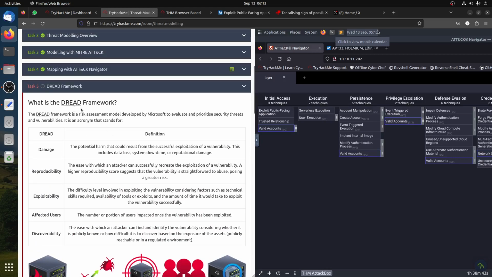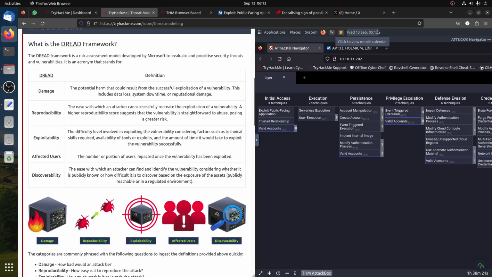So DREAD is a risk assessment framework model developed by Microsoft to evaluate and prioritize security threats. So we have the letters of DREAD: damage, reproducibility, exploitability, affected users, and discoverability. Okay, since I'm in France, damage, reproducibility, exploitability... I forgot the French. In any case,